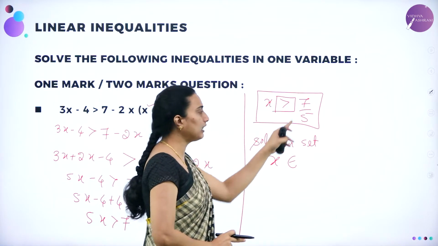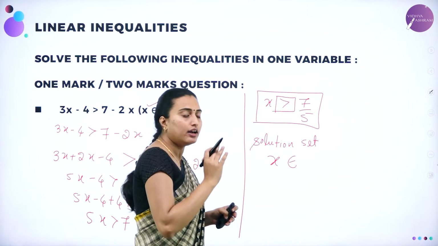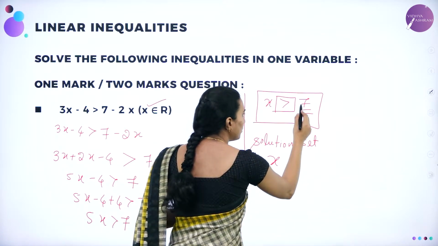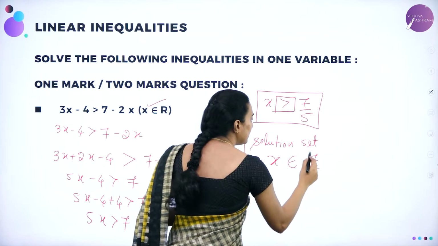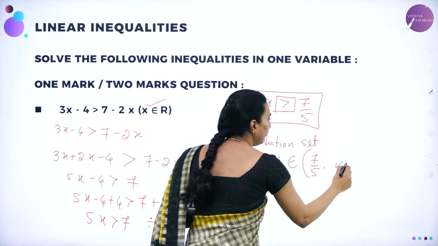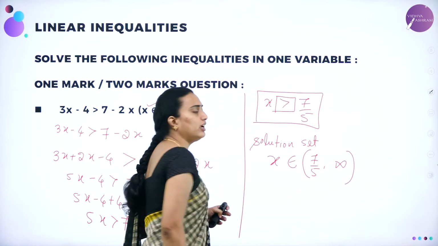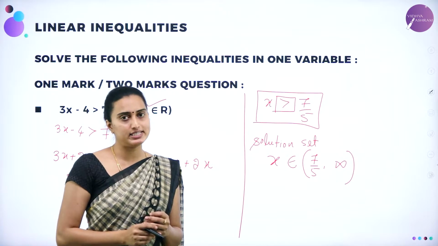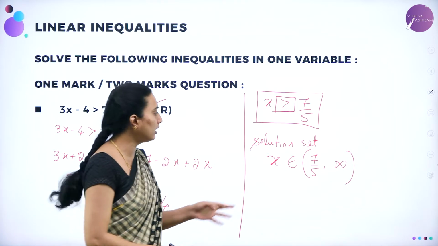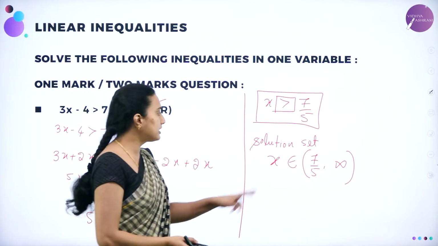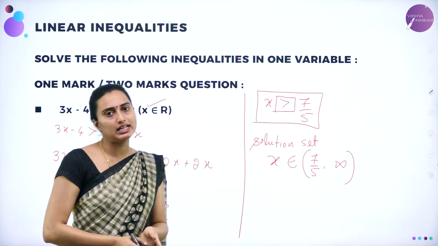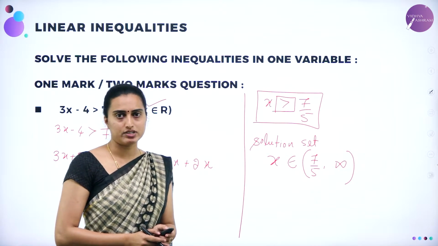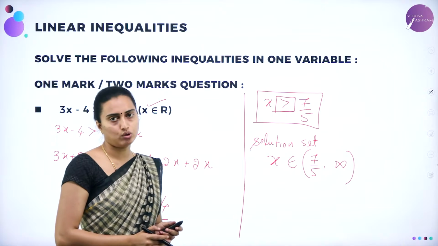Now here x greater than 7 by 5 means it will go to the right hand side. Right hand side means up to where? Up to infinity it will go. So x belongs to 7 by 5 is excluded, comma, infinity. Even though infinity is included, we do not know the exact value of infinity, so we are going to write it with the open bracket only. Except 7 by 5, all the points greater than 7 by 5 are included. Understood? That is the condition of the open bracket. I hope you got how to solve the problems.